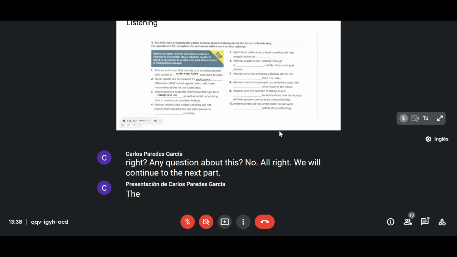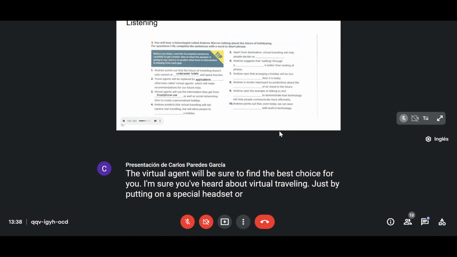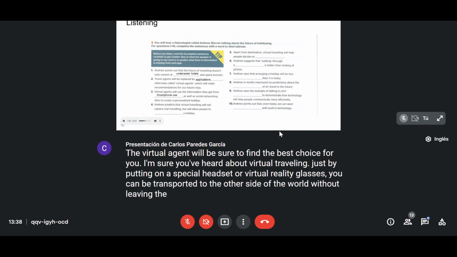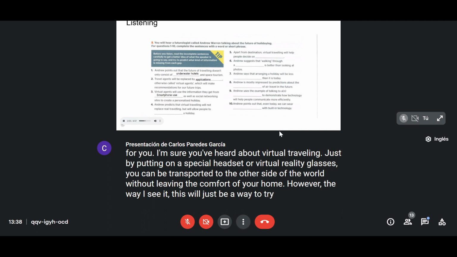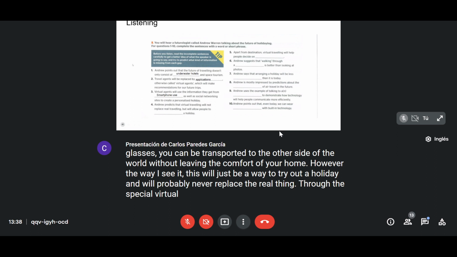The virtual agent will be sure to find the best choice for you. I'm sure you've heard about virtual travelling. Just by putting on a special headset or virtual reality glasses, you can be transported to the other side of the world without leaving the comfort of your home. However, the way I see it, this will just be a way to try out a holiday and will probably never replace the real thing. Through the special virtual environment,